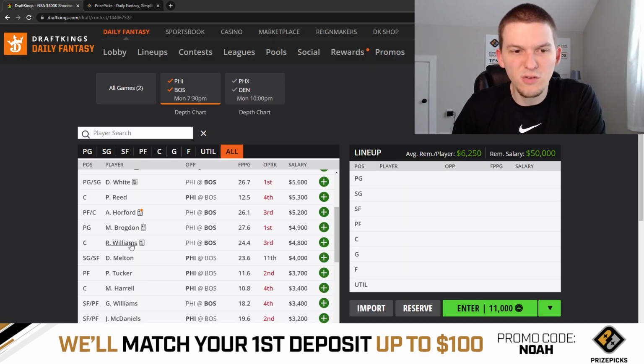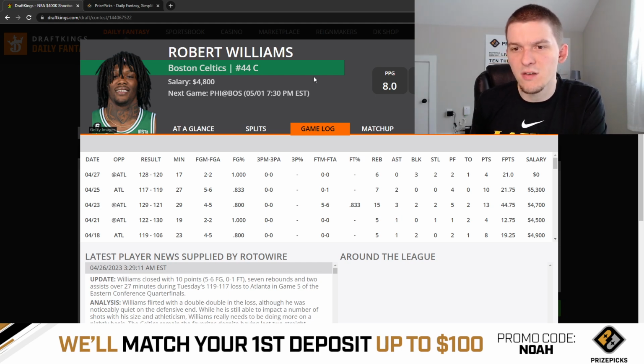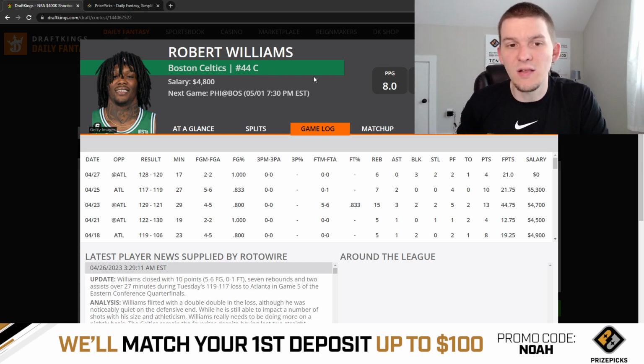And then Robert Williams coming off the bench. Minutes kind of fluctuated in that Atlanta series. There were a few games where he really got up there in minutes, played 29, 27. Their most recent game, though, he went back down to 17 minutes. So wide range of outcomes here with Robert Williams. The minutes, I don't think are like huge. Like they're not guaranteed. Like it's not a guarantee that he's going to play 30 minutes, but